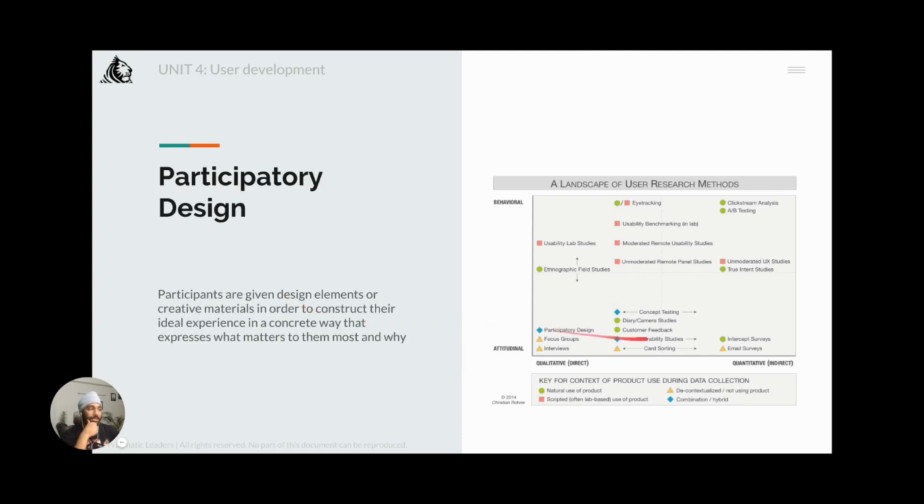Then participatory design, which is a hybrid, a combination. Participants are given design elements or creative materials in order to construct their ideal experience in a concrete way. Like I said earlier, either I will get to your office or you will come to my office, and I will give you certain elements. Now this kind of research could be purely user experience driven, that is interface driven, or it could be about the entire experience of, let's say, for example,